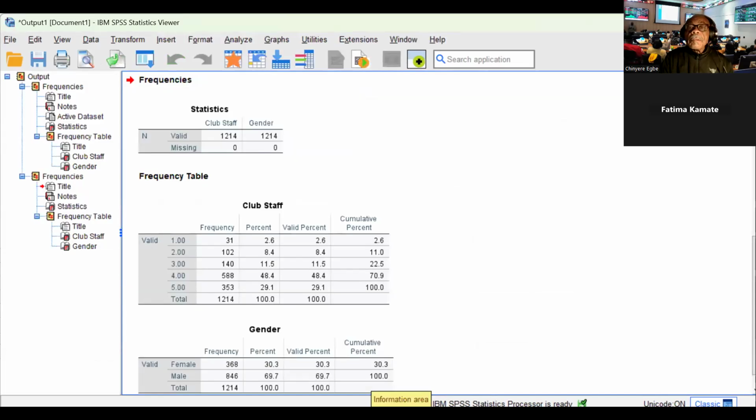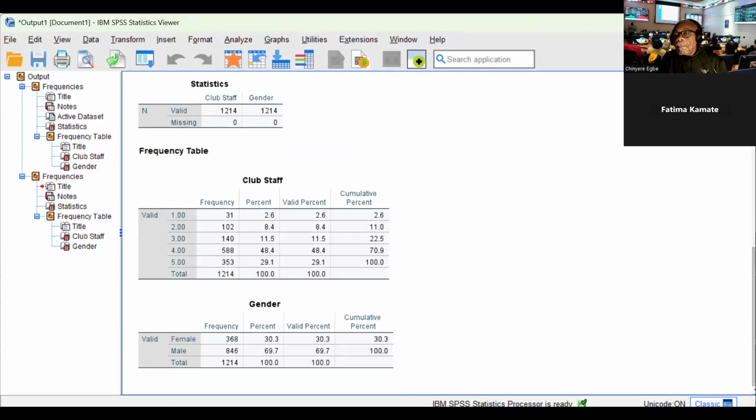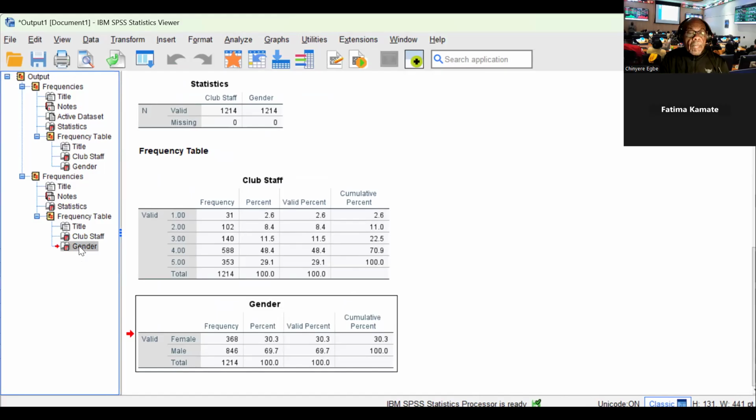Now, do you see the new results? Yes, I see them. You can see male, female. You get it? Yes. Can you scroll up because it's all the way at the bottom of my screen? Are you able to do that? Yes, I scroll it up as much as I can. Okay, this is perfect. I can see it. You can see it now.